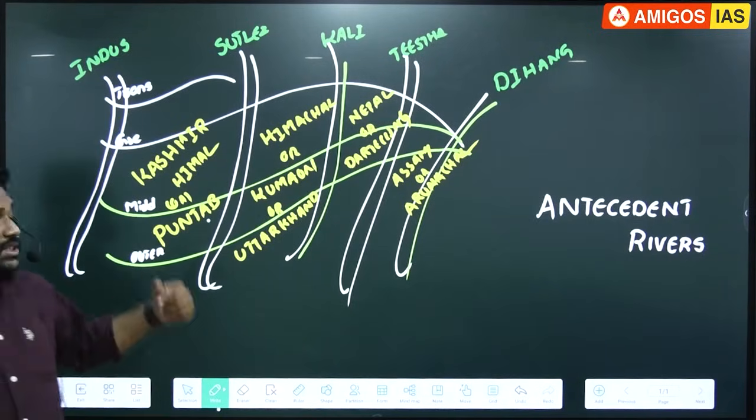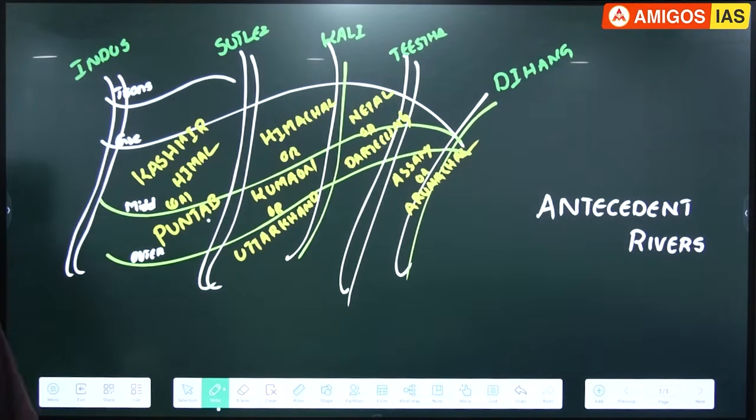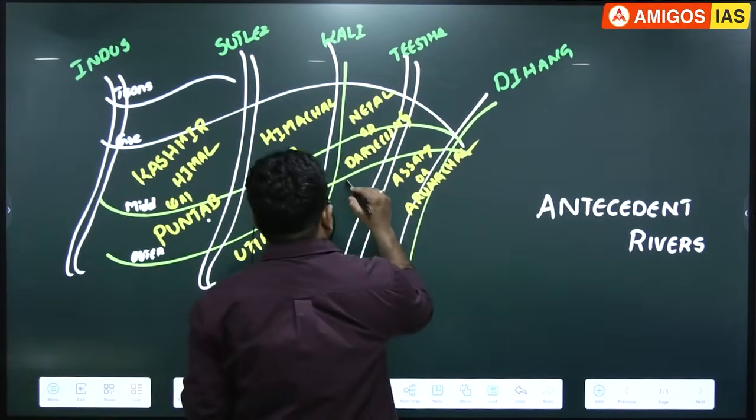The Himalayas which are present between Teesta and Dihang, what do we call that Himalayas? Assam or Arunachal Himalayas. The Himalayas which are present between Kali and Teesta, what do we call that Himalayas? Maybe a Nepal Himalayas or Darjeeling Himalayas. Sometimes also known as, see the word,